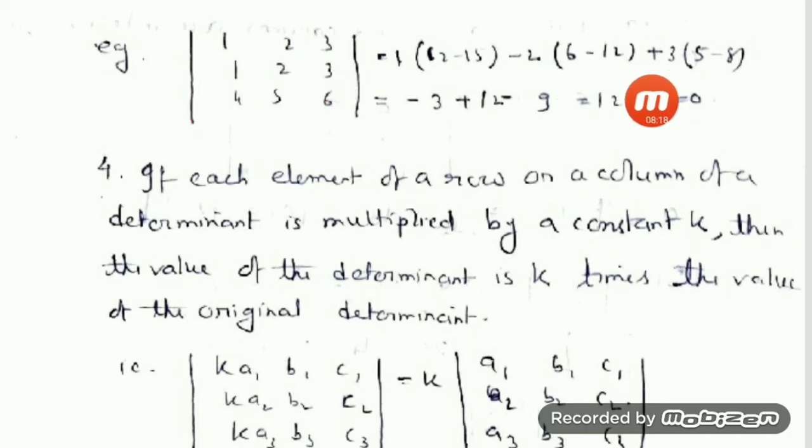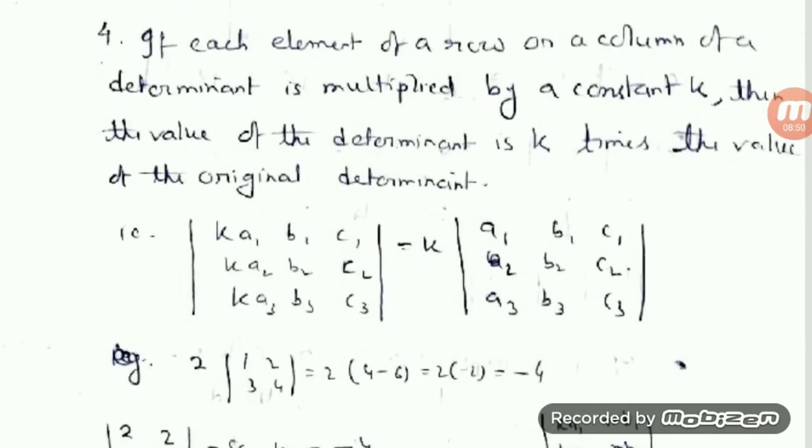This is done. So do the calculation. This is minus 3 into 1 is minus 3. Here it is minus 6. Minus 2 is plus 12. And this is minus 3 into 3 is equal to what? Minus 9. So doing the calculation, 12 minus 12 is equal to 0. You see, as here the first row and the second row are identical, the value of the determinant, when you evaluate it, you have got 0. So this property can be used. What is the property? That if 2 rows or columns are identical, the value of the determinant is equal to 0. Now let us go to the fourth property.